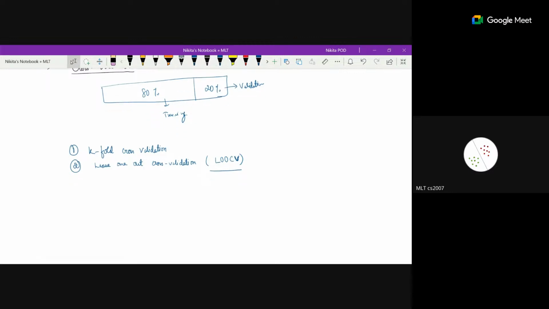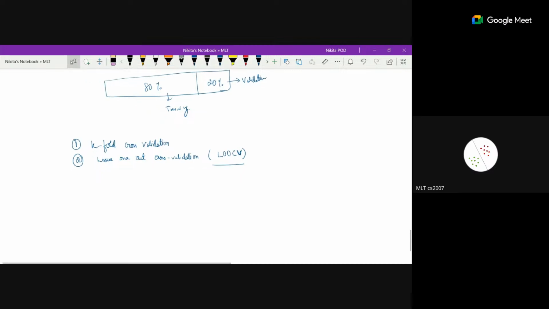So in leave one out cross-validation, suppose my data set is x1, x2,